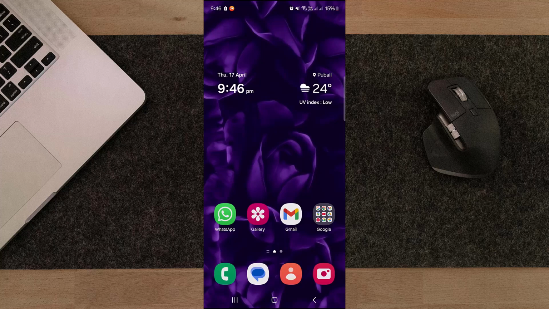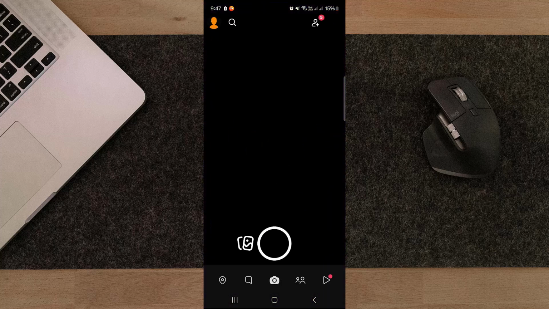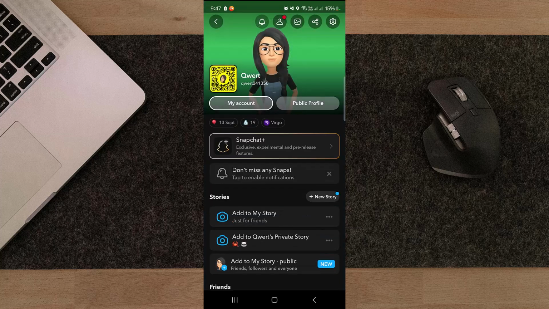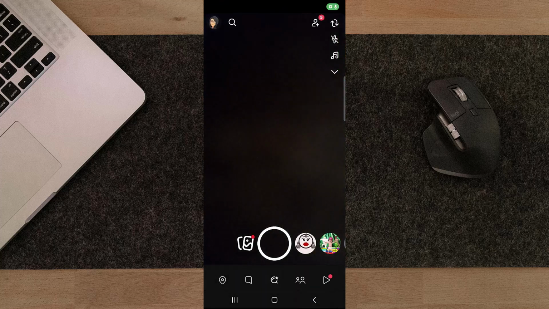In today's video, you are going to see how to use Snapchat filters for Android. So to do that, let's head over to the Snapchat application first. And once you are there, just head over to the Bitmoji on the top left corner. And in here, you can just head over to My Story, or directly you can just use your filters in